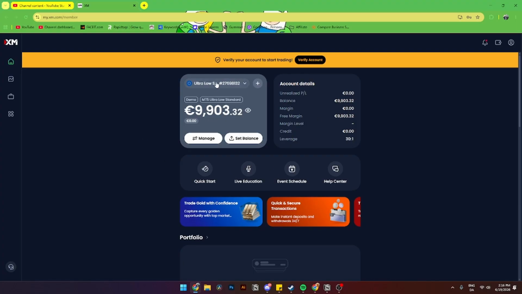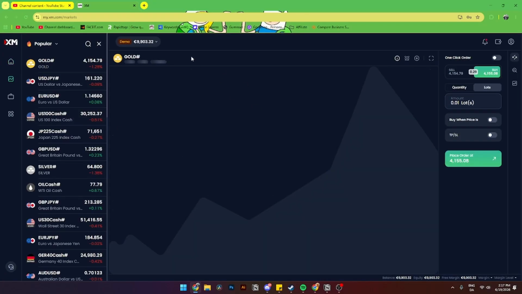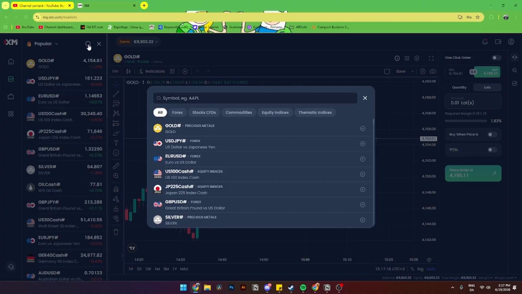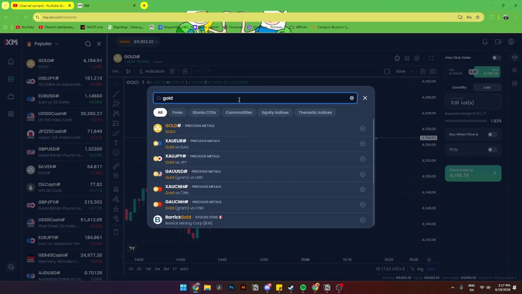Now from here you'll need to choose the specific account that you want to trade gold with, and from here you'll need to head over to the left hand corner and click on the markets tab. Once from here it should look something like this. Now from here you'll be able to find the gold as the first one in the popular section, and if you don't see the gold one, you can always search up here and then click in either gold like so,